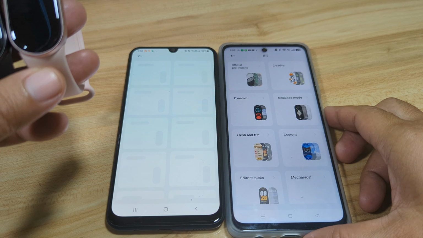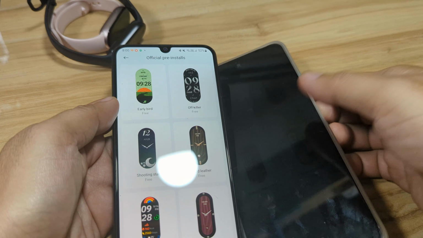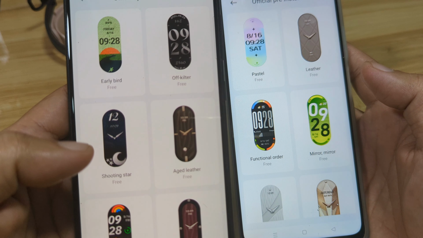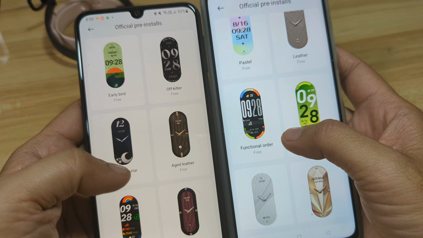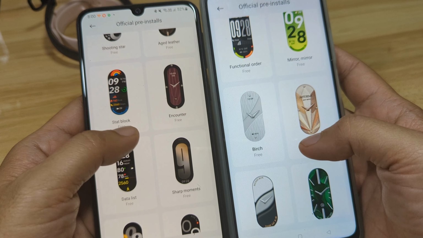Let's wait for the pre-installs. So here are the pre-installs for both wearables, the Band 9 and the Band 10. Okay, so a different list of dials or watch faces.